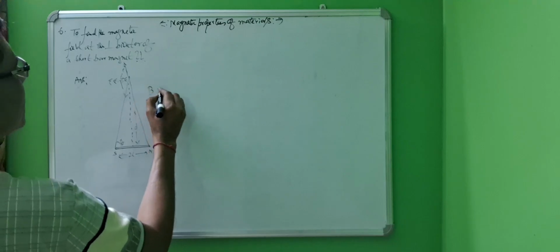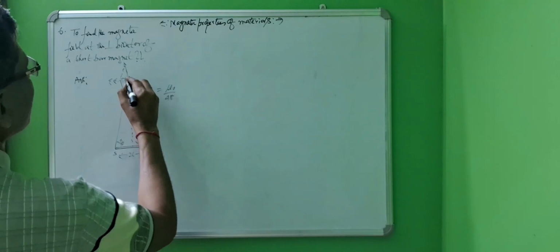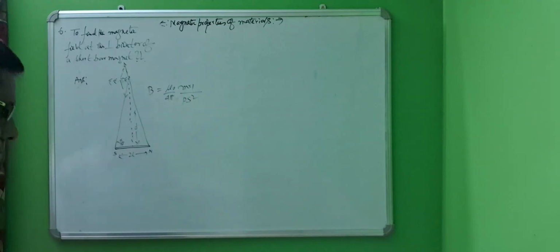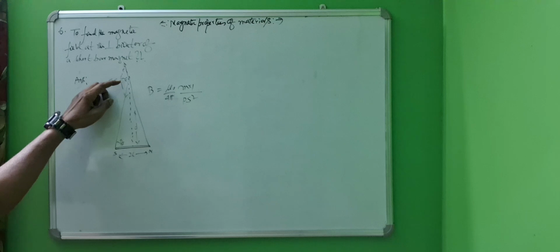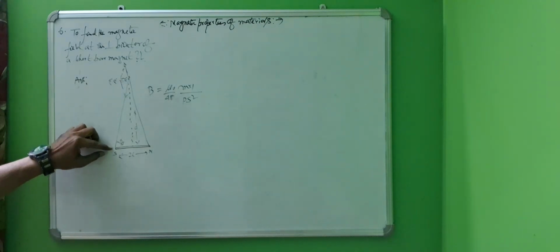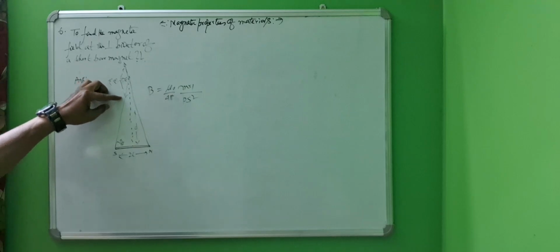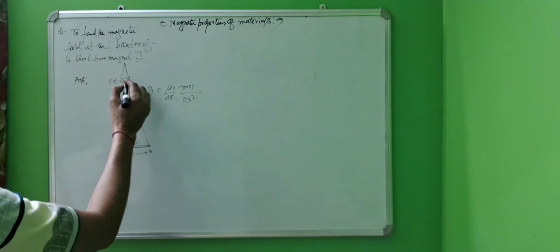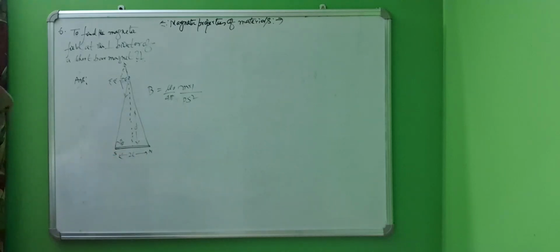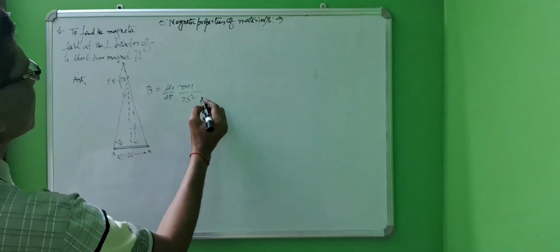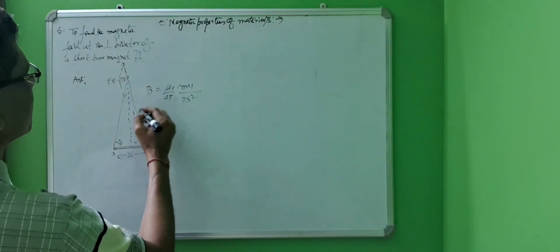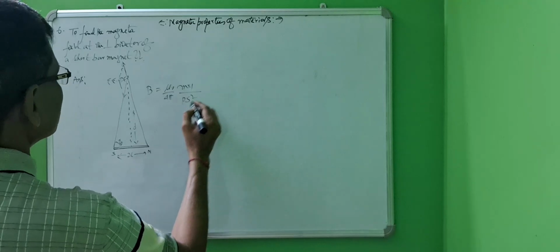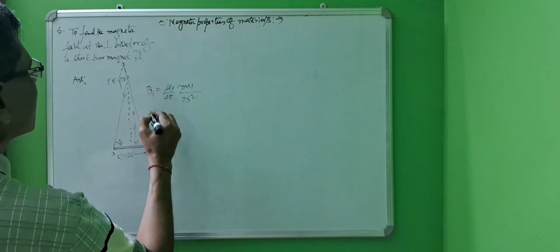So at P we get B equals mu 0 upon 4 pi m into 1 divided by PS square. If an imaginary north pole is placed here, then we get for the S pole a force of attraction directed here, and for the N pole a force of repulsion directed along this direction. So the resultant will be directed horizontally along the bar magnet. Suppose this one is B1, and for the N point this will be